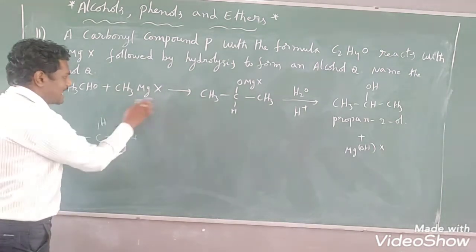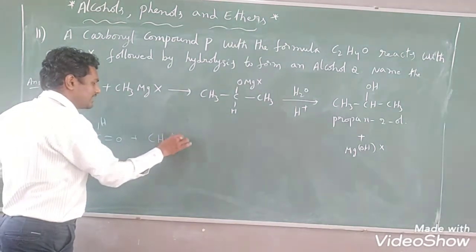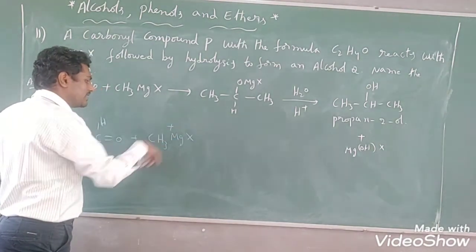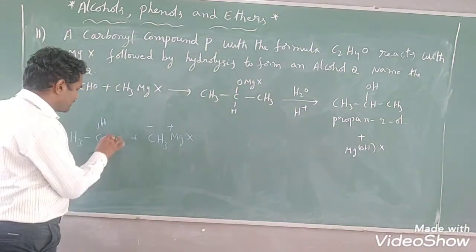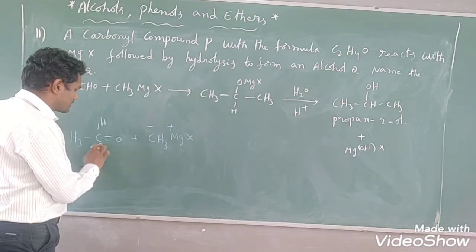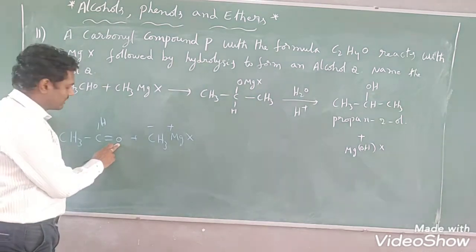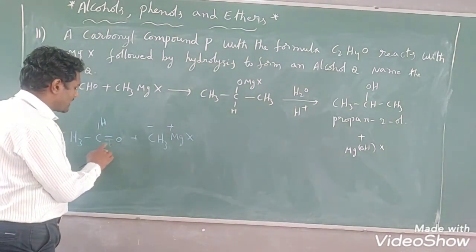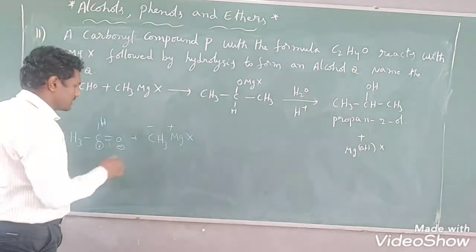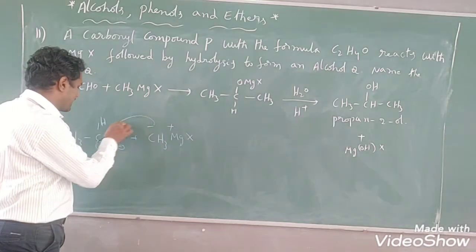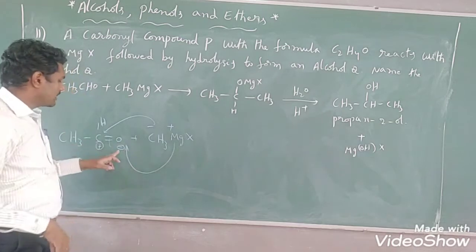Whenever it reacts with the alkyl magnesium halide, that is methyl magnesium halide, magnesium is a metal, right? Here magnesium has a positive charge, carbon has a negative charge. C double bond O group is present. Among these two, which is the more electronegative atom? Oxygen is more electronegative. Whenever the bond breaks, oxygen gets a negative charge, carbon gets a positive charge. So the negatively charged carbon will attack the positively charged carbon, and positively charged magnesium will attack the negatively charged oxygen.